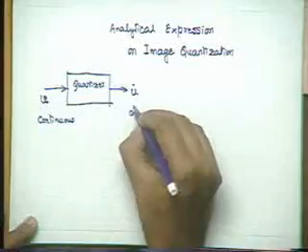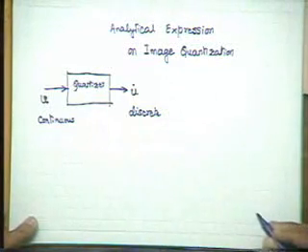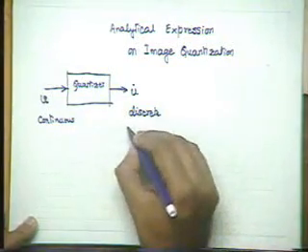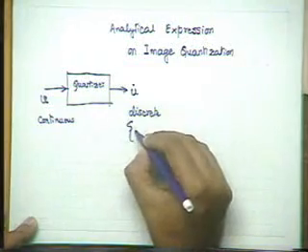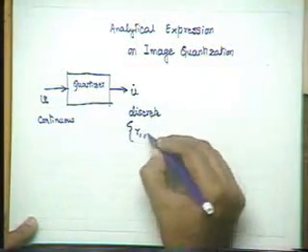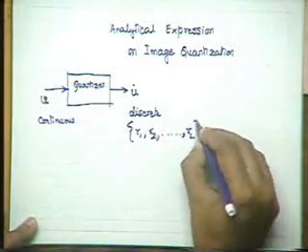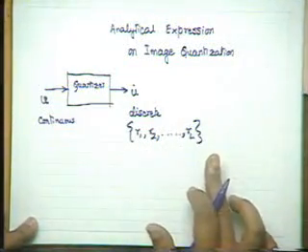So u dot is going to be discrete. That means to say that it can have only some permissible levels, right? Now we can say that the permissible levels of u dot are R1, R2, etc. up to RL. These are the set of values, discrete set of values